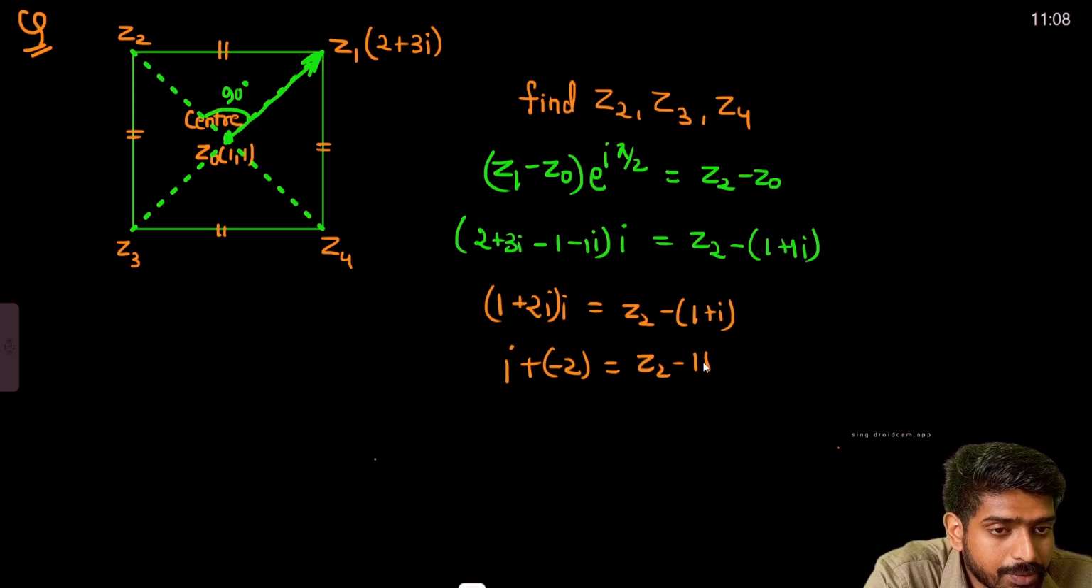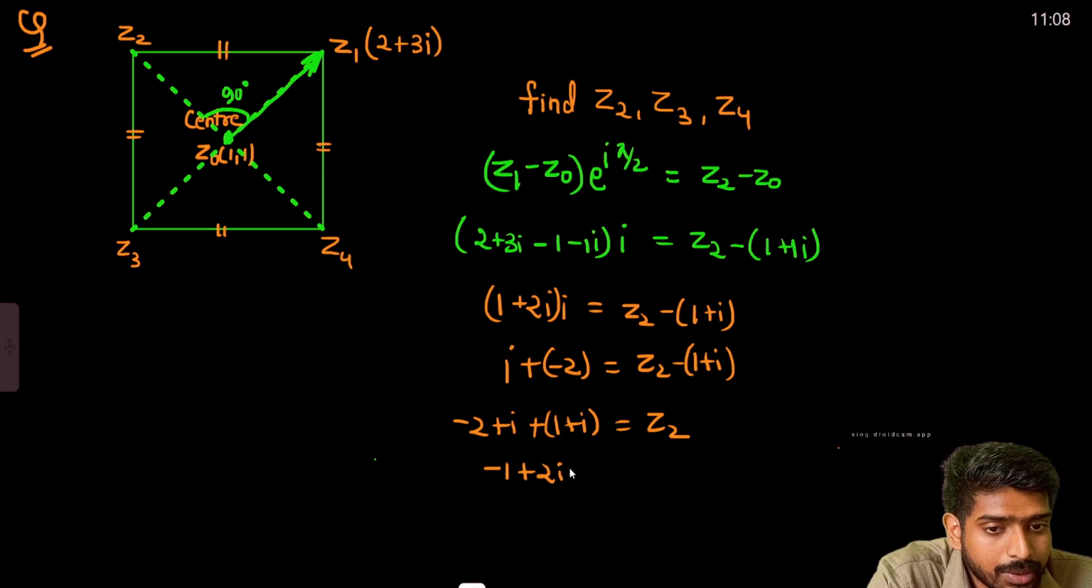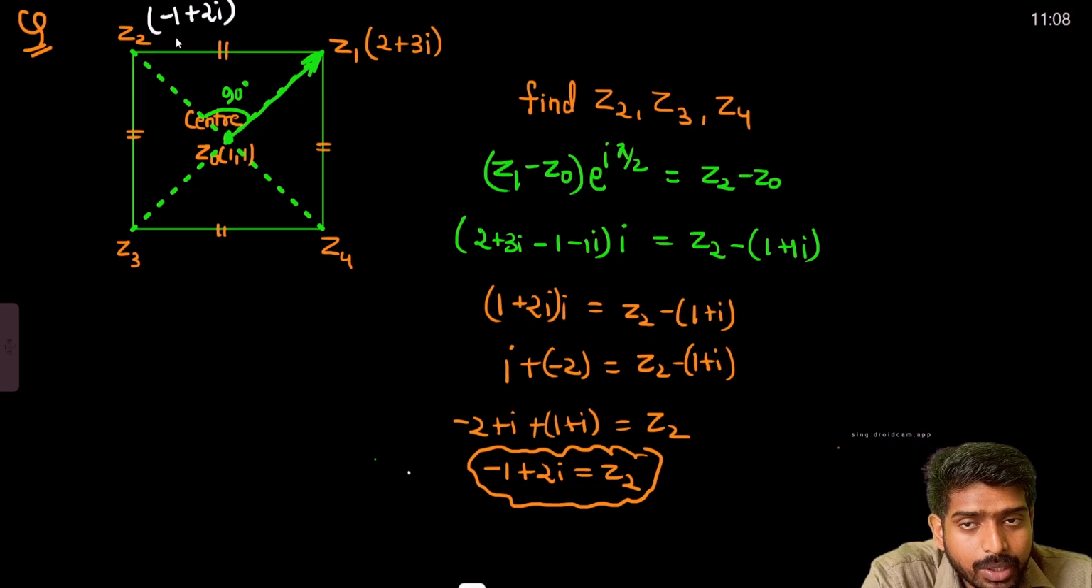Z2 minus 1 plus iota. 1 plus iota I will send to that side. So here I will get minus 2 plus iota plus 1 plus iota is equal to Z2. From here minus 2 plus 1 is minus 1, right? And iota plus iota is plus 2 iota. This is the value of Z2. So z2 we got, z2 is minus 1 plus 2 iota. Now next,